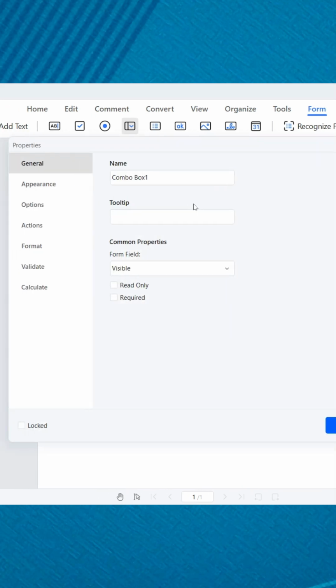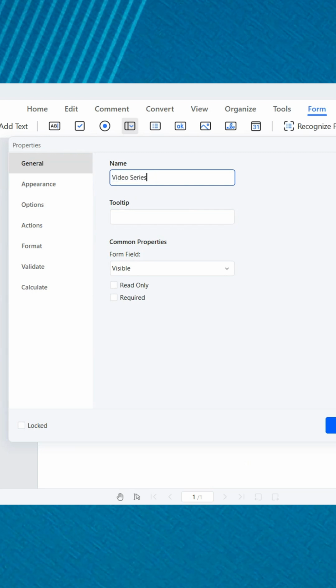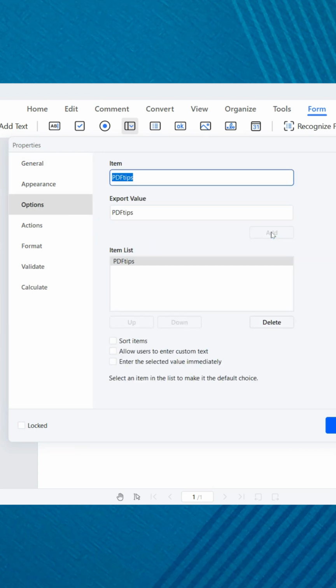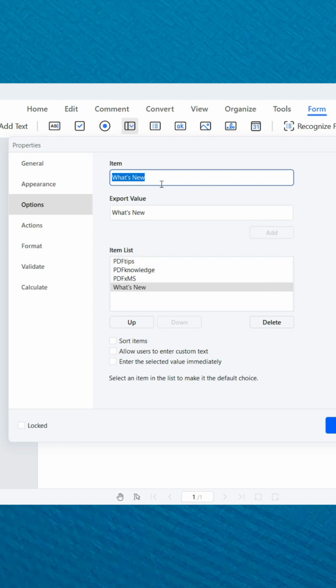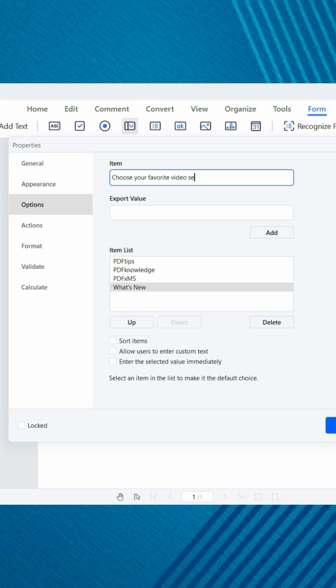Double-click to enter the properties. Let's rename this one Video Series. In the Options category, we're going to add the options one by one. The drop-down menu will directly display the currently selected option, so we can add an item, choose your favourite video